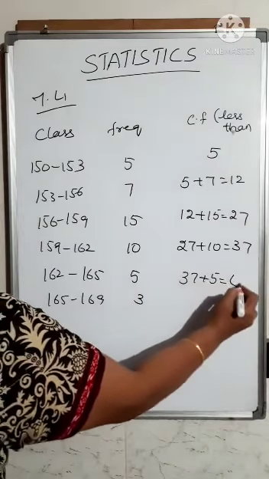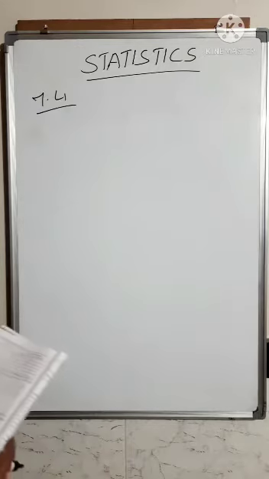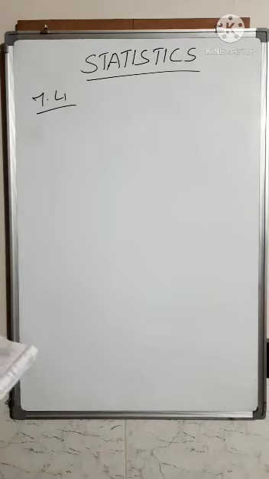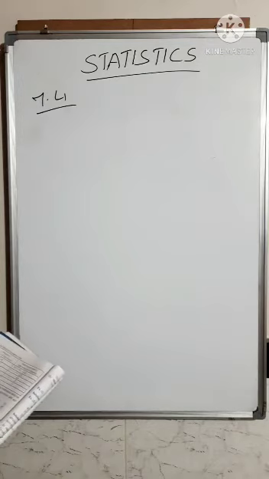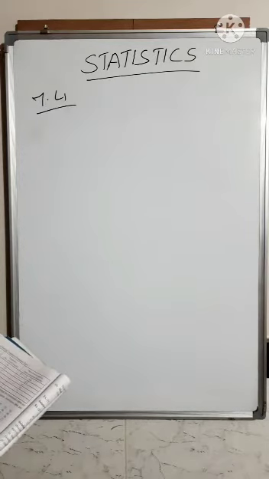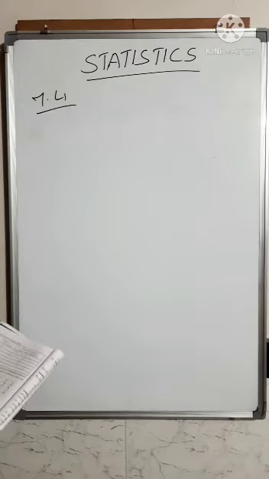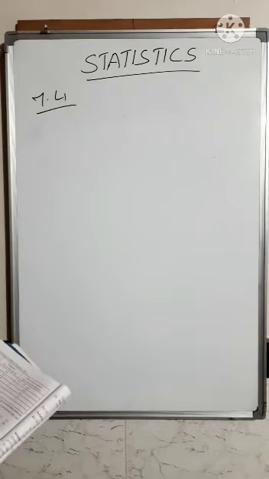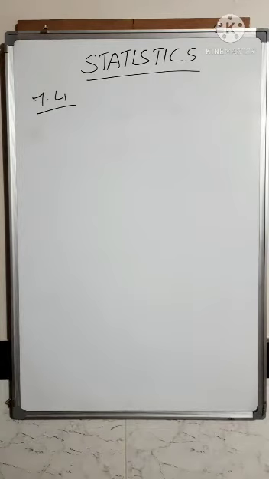Now in the third problem, the data is given for 62 students in a certain class regarding their mathematics marks out of 100. Take the classes 0 to 10, 10 to 20, and prepare a frequency distribution table and a cumulative frequency table of more than or equal to type. The more than table you have to find, and then a few questions are asked. Based on the questions, you have to write the answer. So the frequency table has to be prepared, and to prepare it, they have told what classes you have to take.